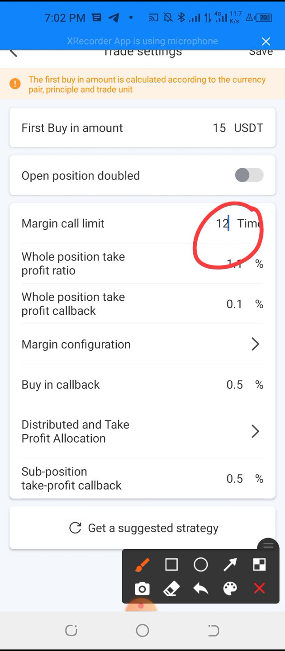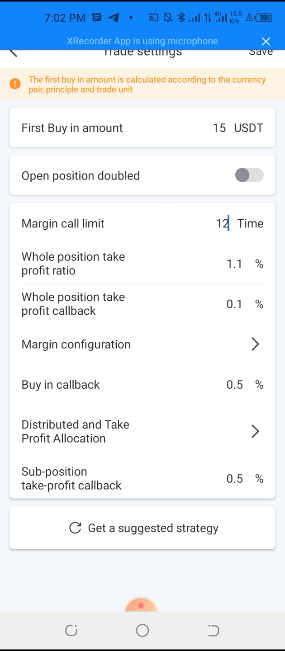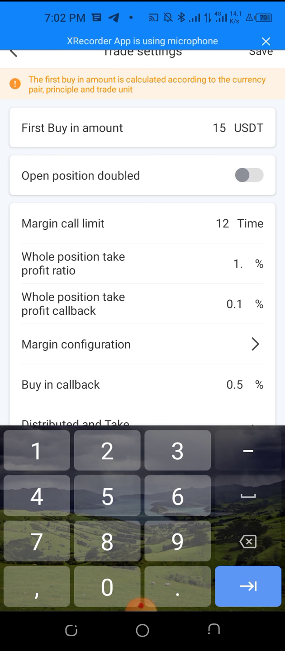So your capital determines how many margin calls you can do, how many margin calls the bot can buy deep down. So I'm just using an example of $200. Now, the all position take profit. That means every time when